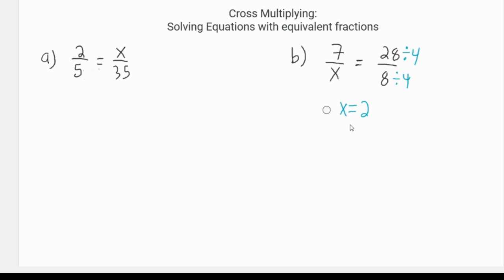let's pretend that you were looking at these problems and you just could not figure out how to solve them. You couldn't make the fractions equal to each other. You couldn't see how you would make this fraction become this fraction. We can use some ideas from solving equations. So we can use this idea. It's called cross multiplying. But what we're going to do is look at this equation and say,